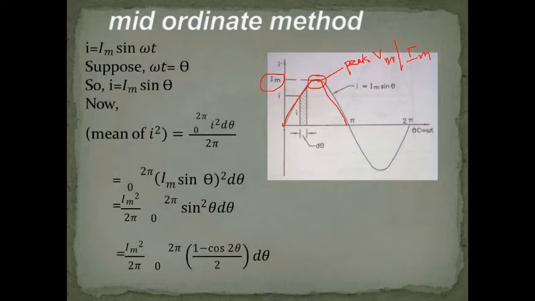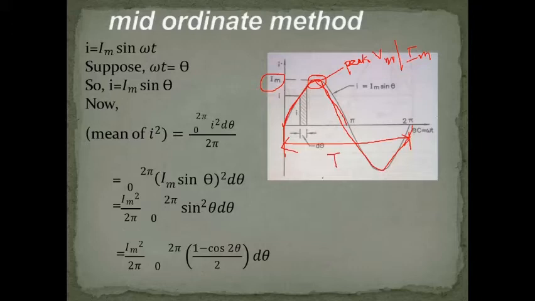The next definition is cycle. Each repetition of a set of positive and negative instantaneous values of the alternating quantity is called one cycle, meaning one positive cycle and one negative cycle. It is a complete cycle and is treated as a time period. Many positive and negative cycles appear in a wave, but one consecutive positive and negative cycle is treated as a time period.